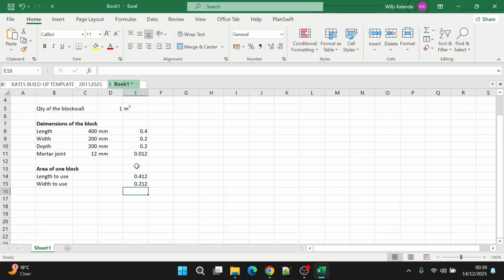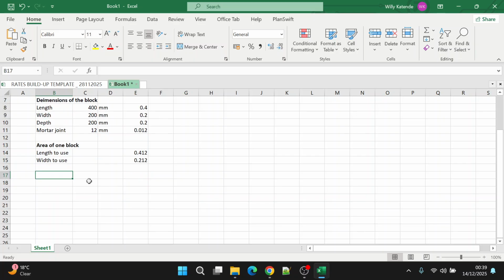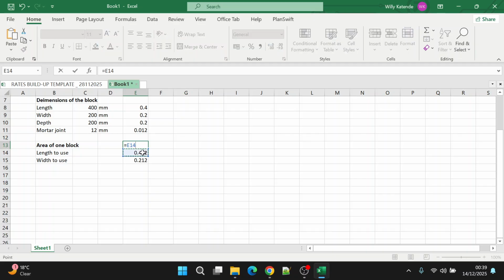So these are the 2 dimensions we're going to use to compute the area of one block. So this means area of one block will equal to this adjusted length times adjusted width. So this will be the area that we're going to use to compute